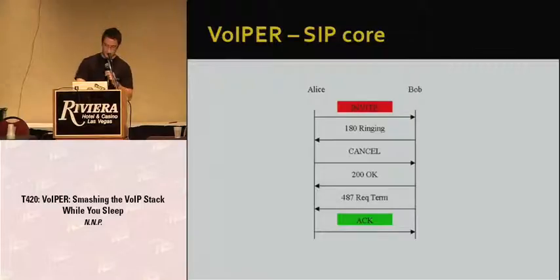here there's a standard SIP interaction. You're sending an invite, then you're waiting for a response, then you decide you don't want to call them anymore, so you send a cancel. You wait for those responses, and then an ACK is sent. Now, Protos can fuzz the first invite, and so can many other tools. But with VOIPER, basically, you can fuzz the first invite, and then you can map out the protocol in such a way that you know that when a 180 ring arrives, you just send a cancel. Then you wait for those two responses, and then you fuzz the ACK. So you can fuzz theoretically the whole